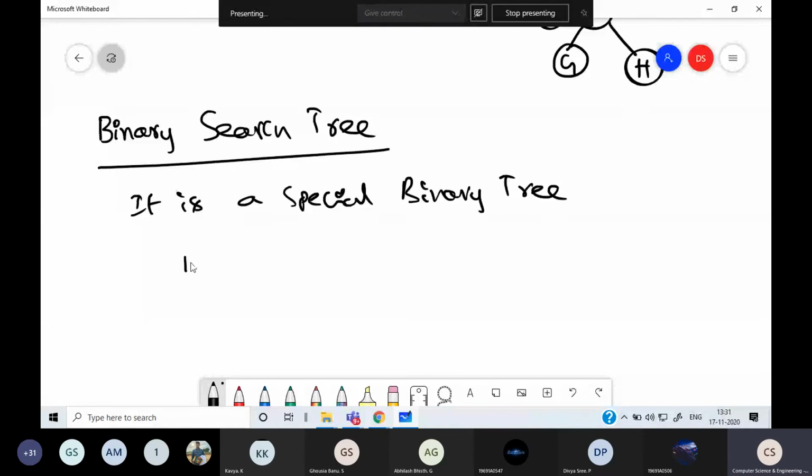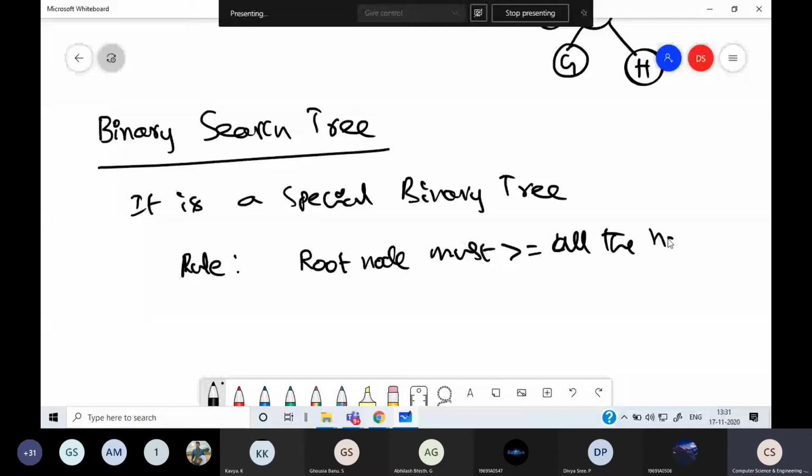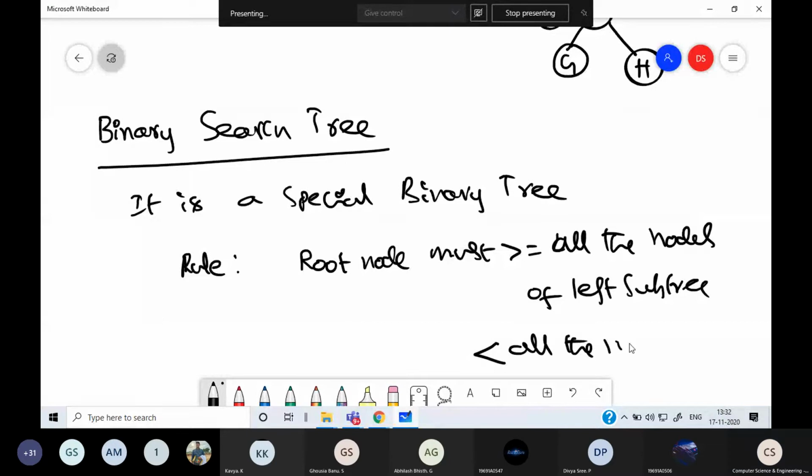The rule is that the root node must be greater than or equal to all the nodes of the left subtree and less than all the nodes of the right subtree. This is the binary search tree.